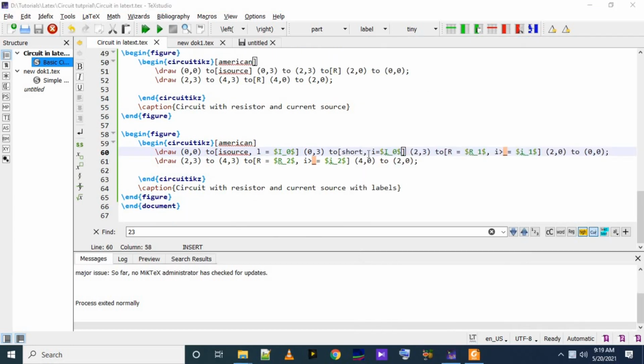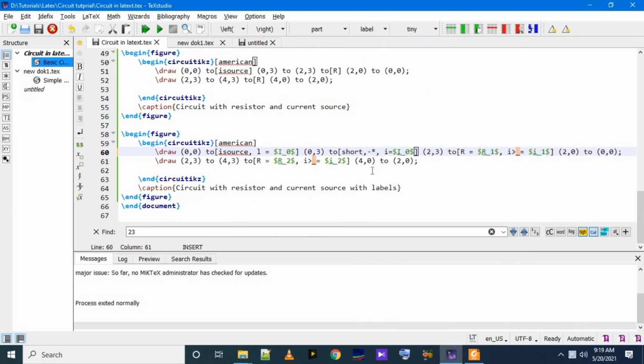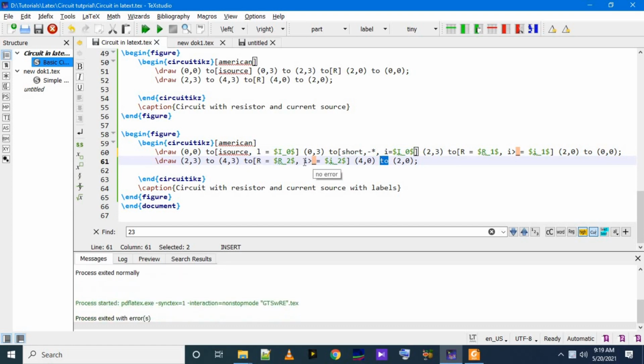Let us add a node for short circuit. So this, the short dash and asterisk, will make a connection of wire.